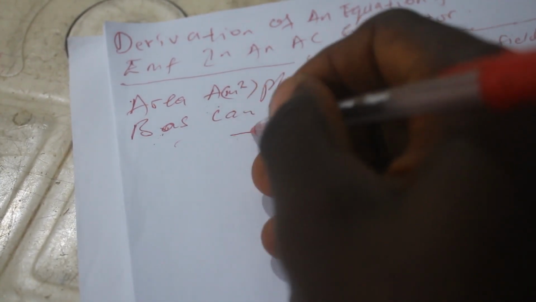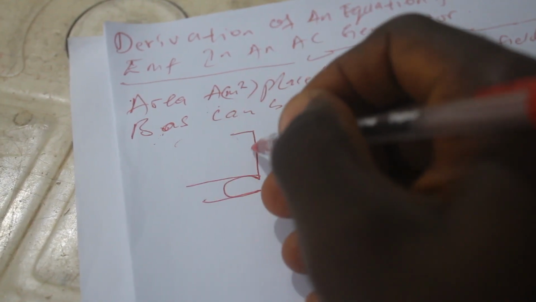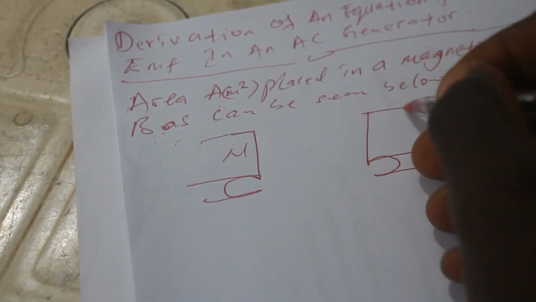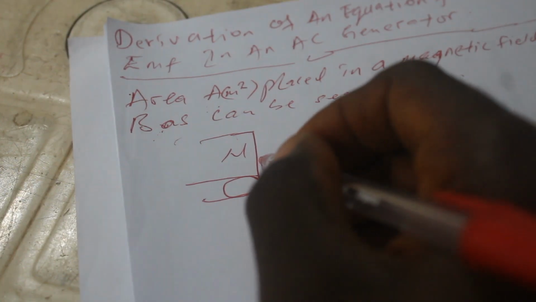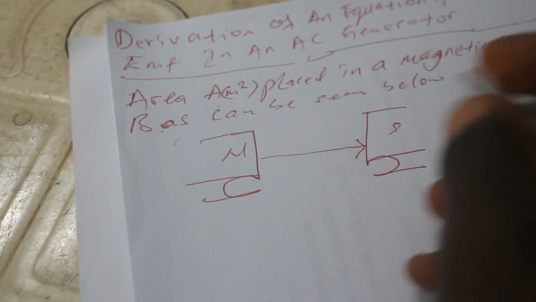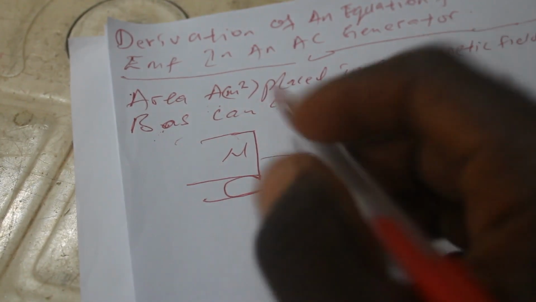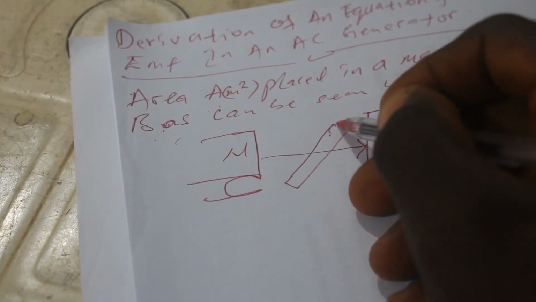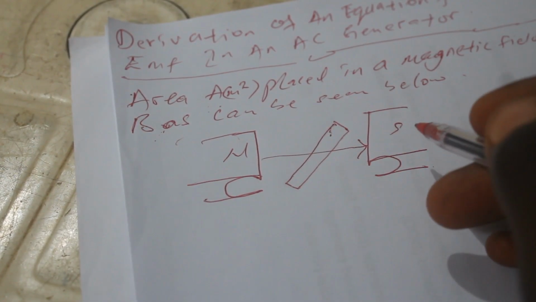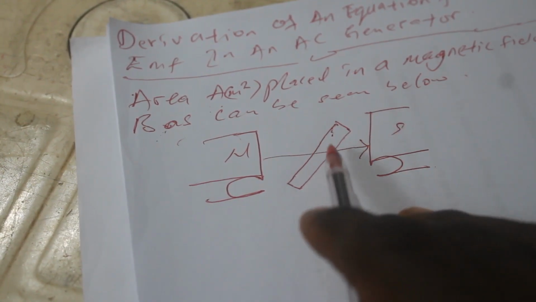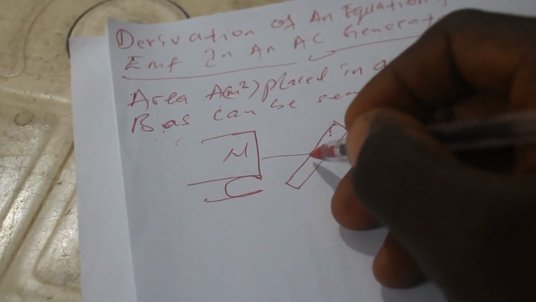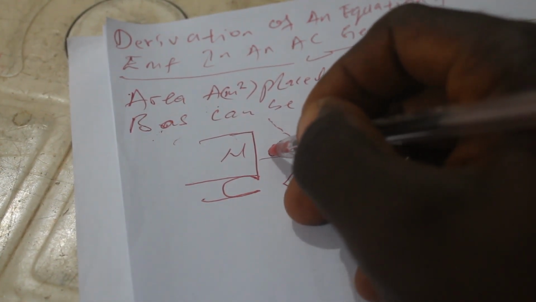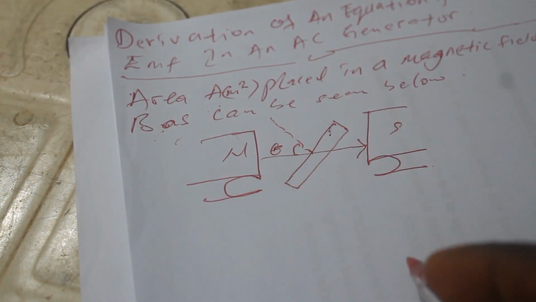So we have N, we also have S here. So of course the magnetic flux goes this way, which is the magnetic lines of force. So we have a rectangular coil placed in this field in this way. Now, if this rectangular coil begins to turn, such that the normal to the coil makes an angle theta with the magnetic field,